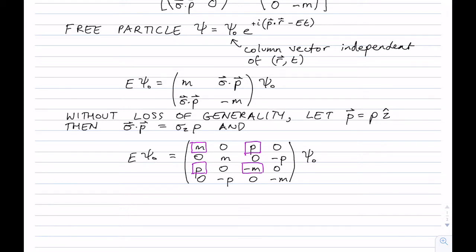Interchanging the rows. But you can also just plug it into Mathematica and solve it. Either way, we have an eigenvalue equation for the matrix, and it will lead to four solutions because of a 4x4 matrix. E is going to be plus or minus EP. And remember, EP is defined as the positive square root, just like we had before, of P squared plus M squared. And each solution